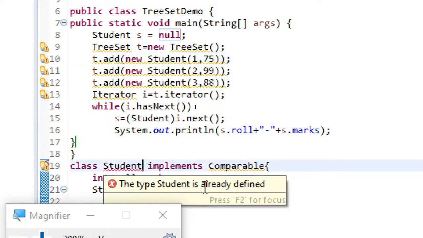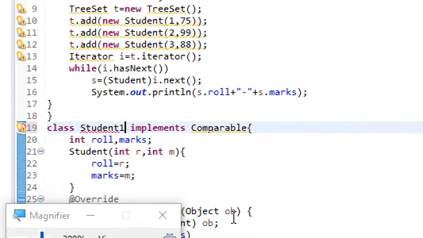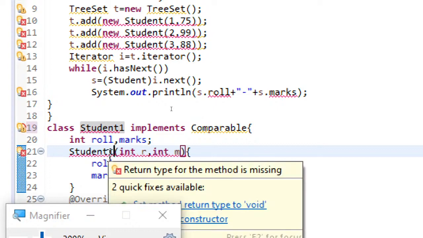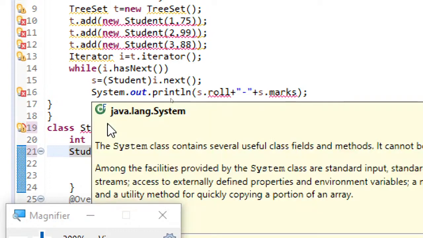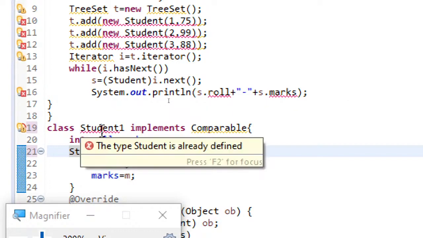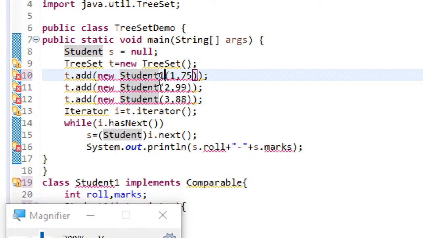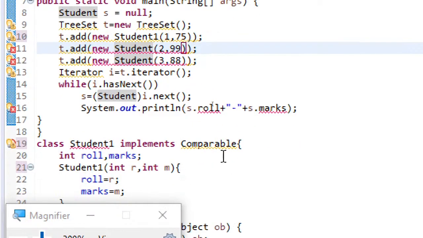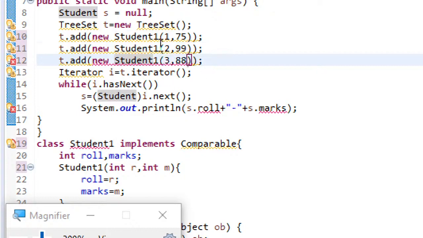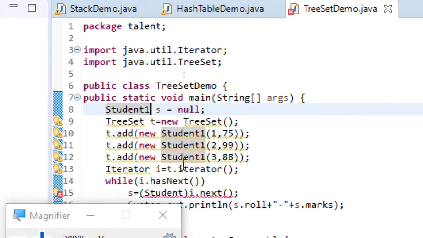I hope you are able to see. Student is already defined in some other previous programs of ours, I think. Let me just change everything to student 1. And here also I'll be using student 1. We need to see all these things. So names which are existing cannot be used.